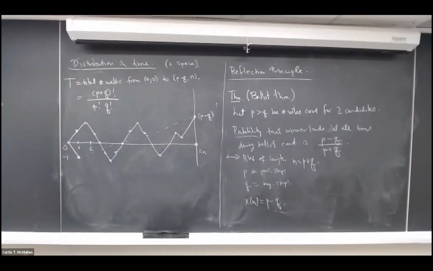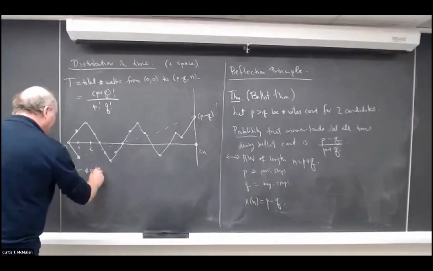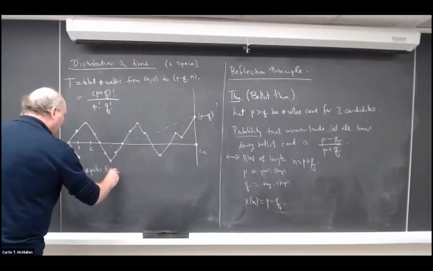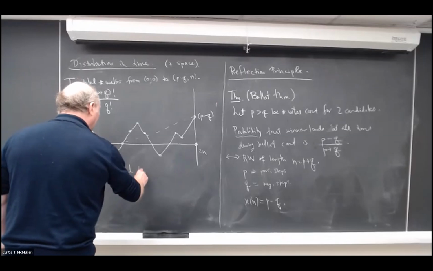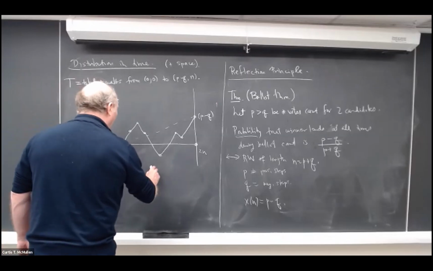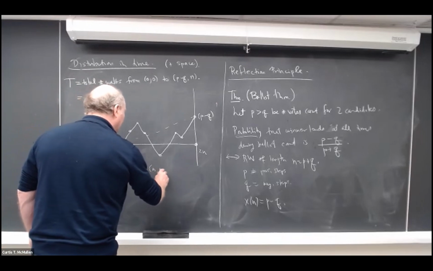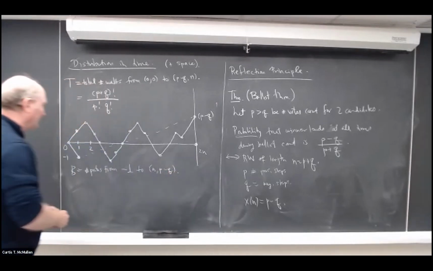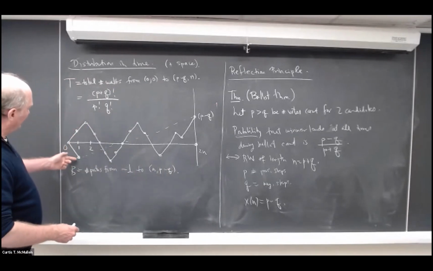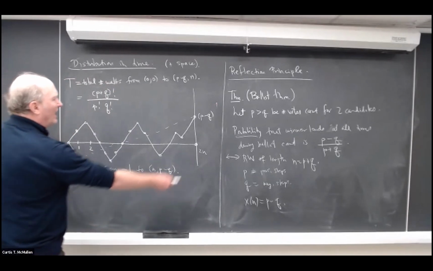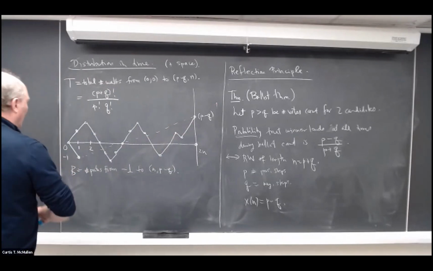So let B be the number of paths from -1 to our final point, P minus Q. Well, that's the same as the original paths, but now we have to go up one higher because we're starting with a deficit of 1. So we get